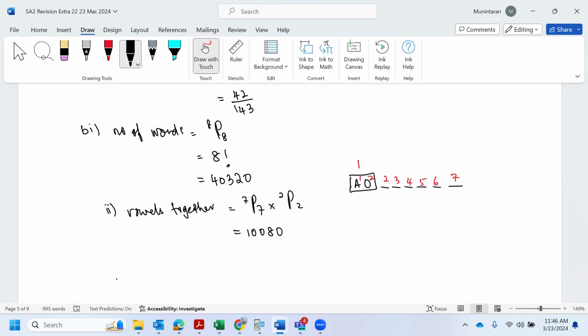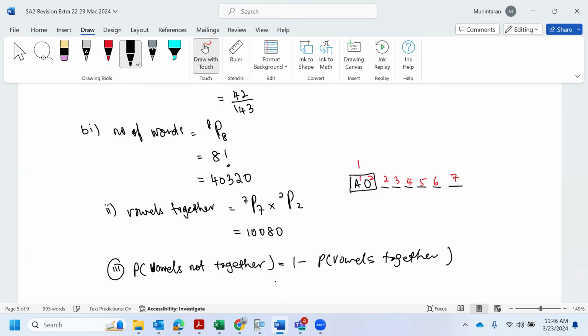The question wants you to find not together, similar to the earlier one, sitting together and not together. So this is the probability of vowels not together. It will be 1 minus the probability of vowels together. That means it's 1 minus